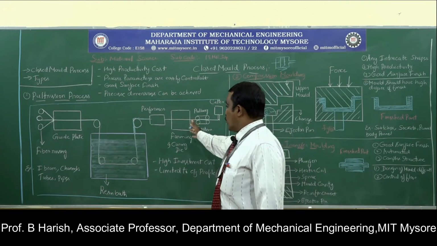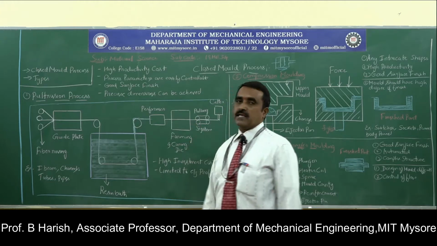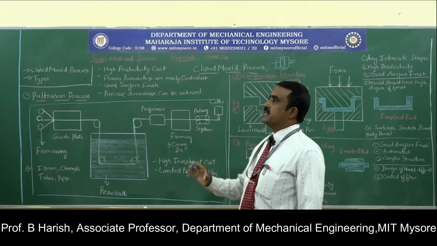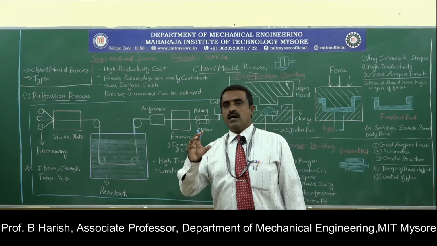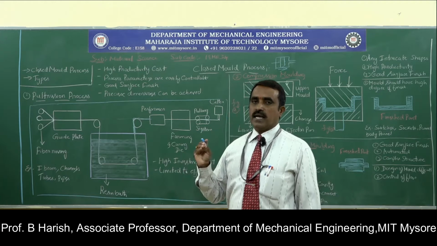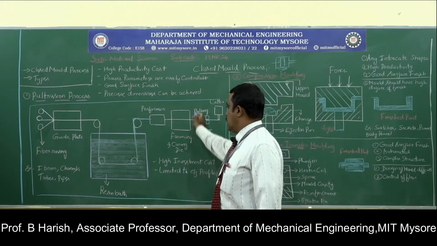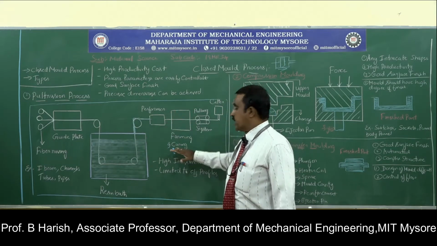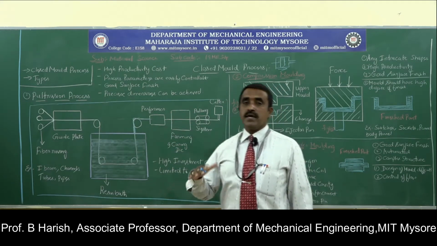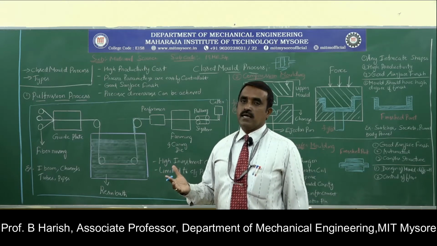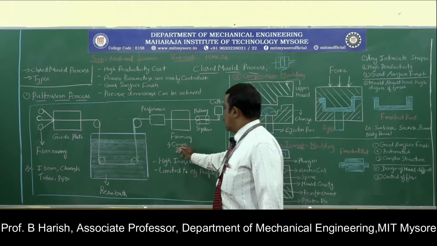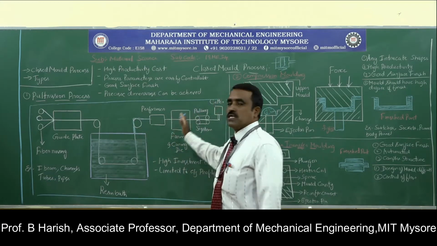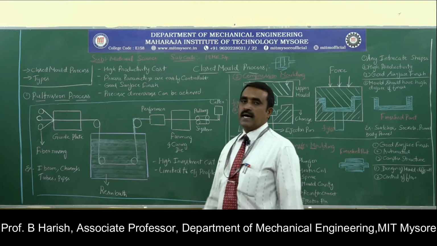Next we have one more part called the forming and curing die. The die will be the shape of the final product, what I should get. Based on that will be the shape of the die. Curing is nothing but where it will be heated. So for heating and then giving the required shape, this part called the forming and curing die is used.